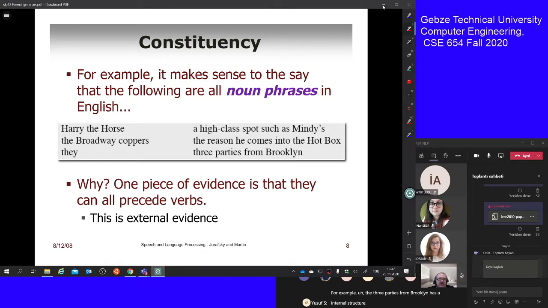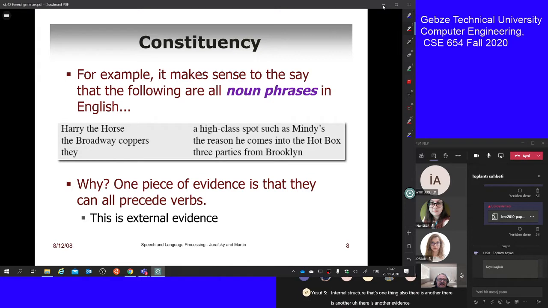There is a noun phrase and a prepositional phrase after that. Okay, we can say that. That's one thing. So each of these noun phrases has its own internal structure. That's one thing. Also, there is another